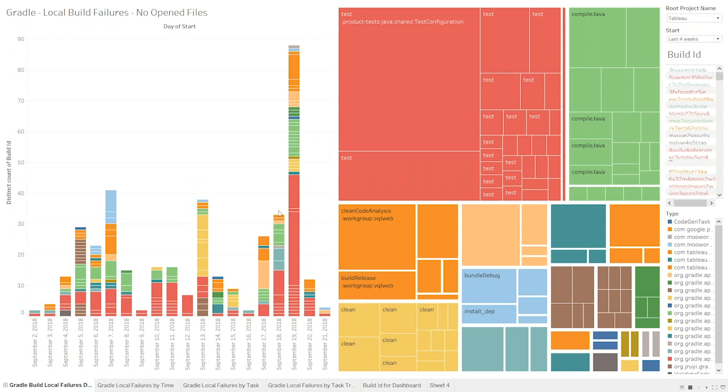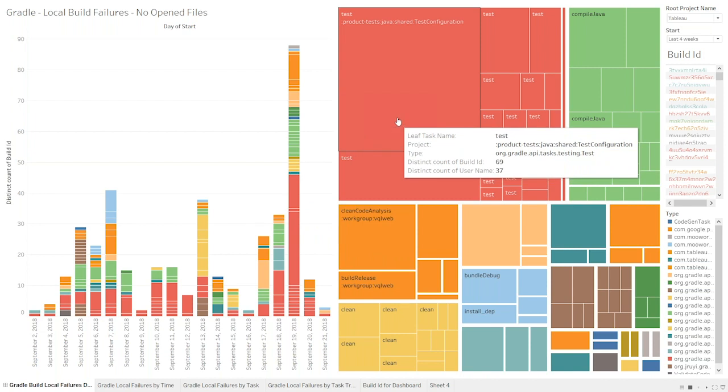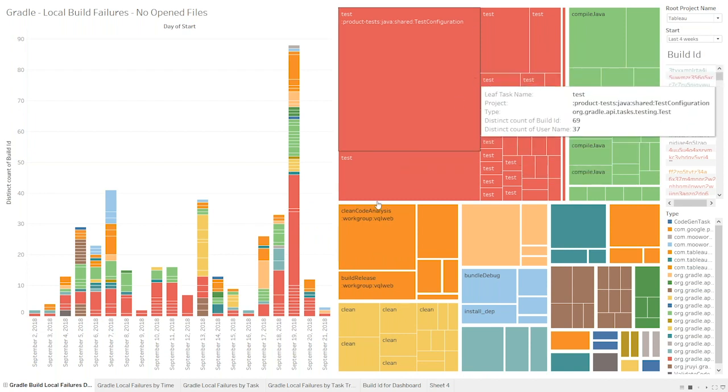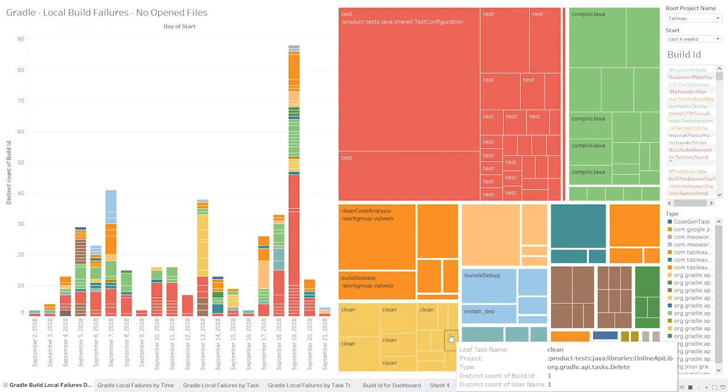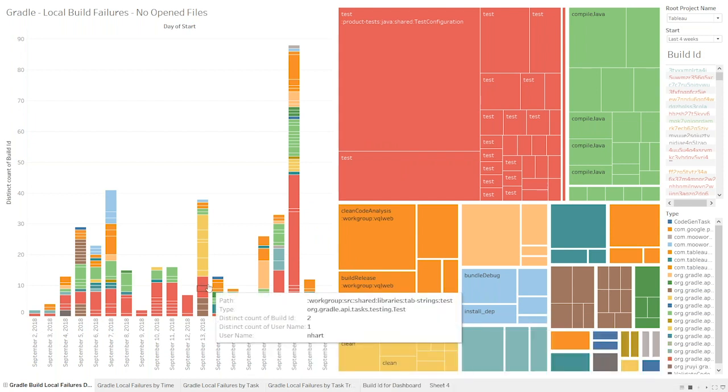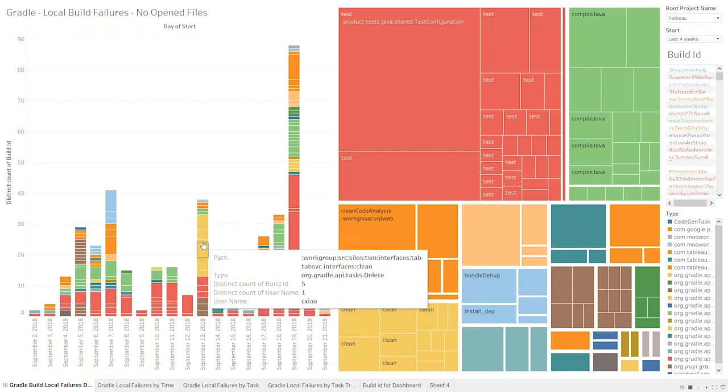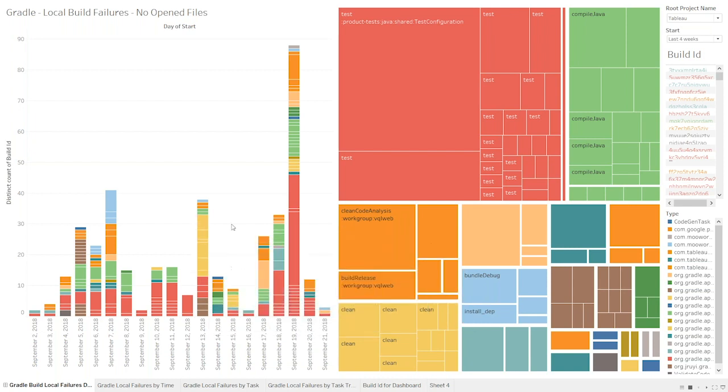And one nice little detail is that these views complement each other really well. So the spatial side shows things from all time, and so you might conclude that clean is a big issue, that for some reason clean fails. But if we look, all of the issues with clean were clustered on this one day. And in fact, it was one developer who had a local issue with a service holding open handles on files